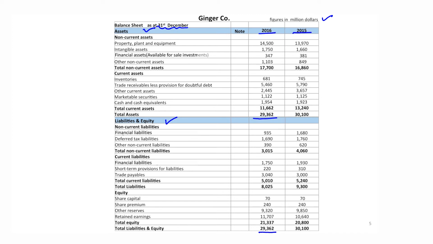Balance sheet, as I explained earlier, consists of two major parts, one being the non-current assets and the other the current assets, part of the total assets. We also see the source of funding these assets, two major sources being the liability, which again is broken into current liability and non-current liability. We also have an important source of funding these assets represented by equity. So Ginger Company has essentially three sources of funding, being non-current liability, current liability and equity.